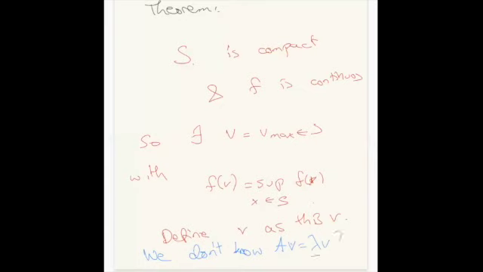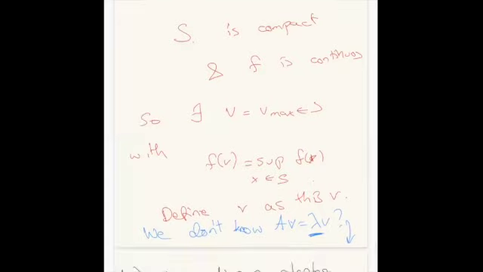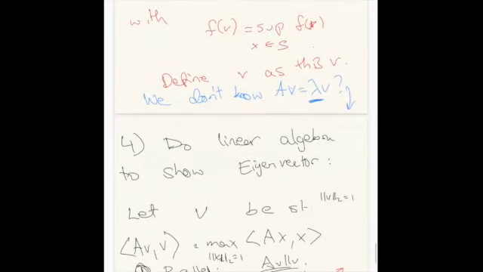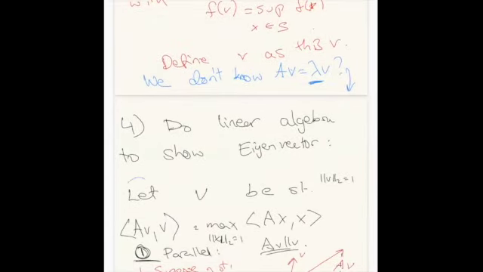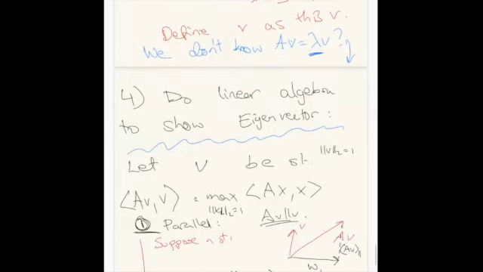And we haven't defined what lambda is. So this is what this last step is doing. So we have to show that this is an eigenvector. And this is technical, but it's the last thing from this lecture. So let's go over it